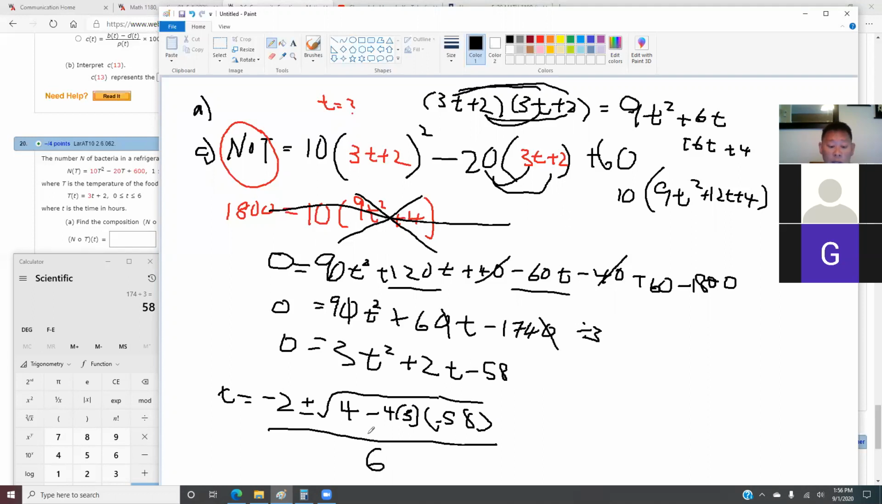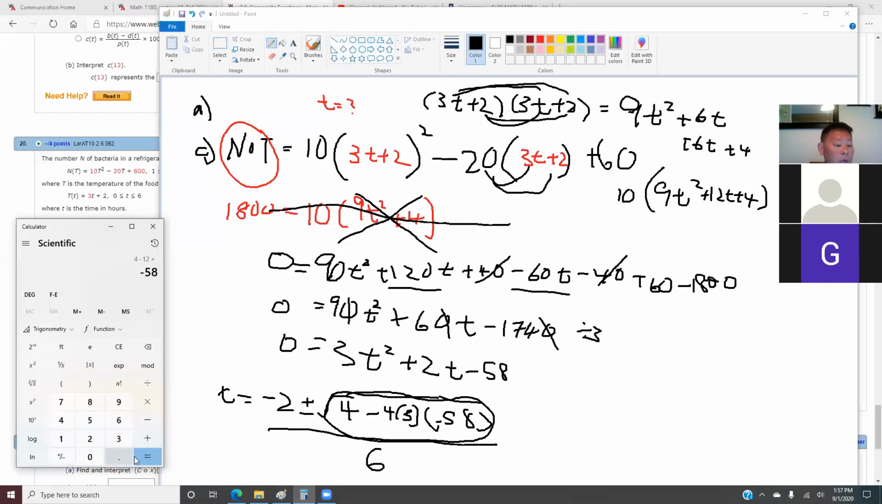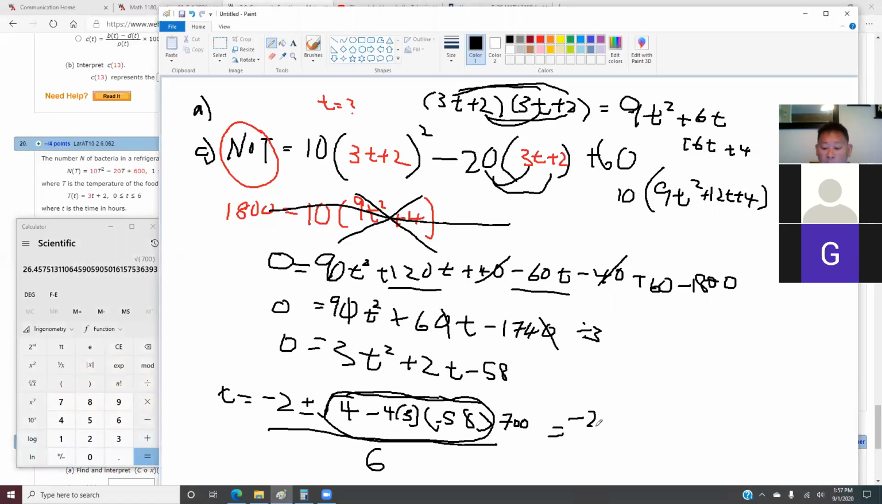So what you need to do here is use your calculator and work out the square root number. So 4 minus 12 times negative 58, right? 4 times 3 is 12. That will give me 700. And then you take the square root of it. So this gives me negative 2 plus minus